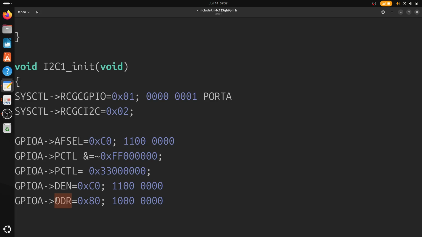I mean the ODR is applied to this pin 8, because the SDA line is connected to a circuit, the device, and this device output will be connected to a low level function transistor,